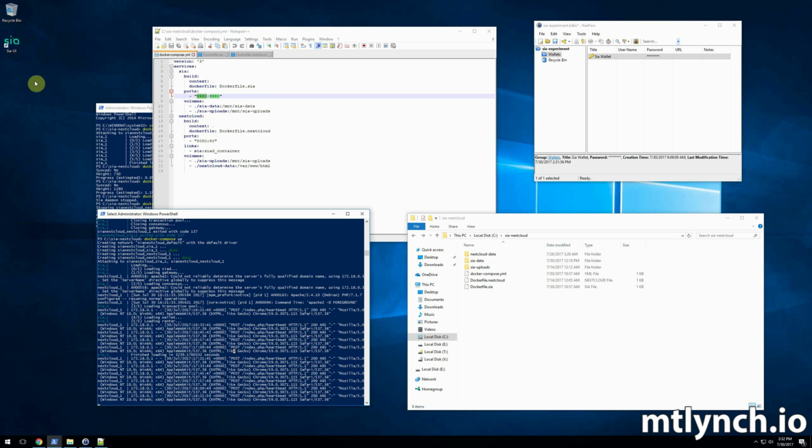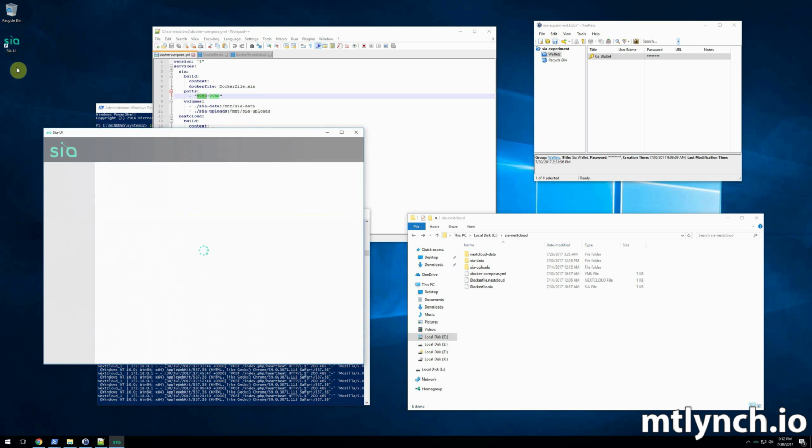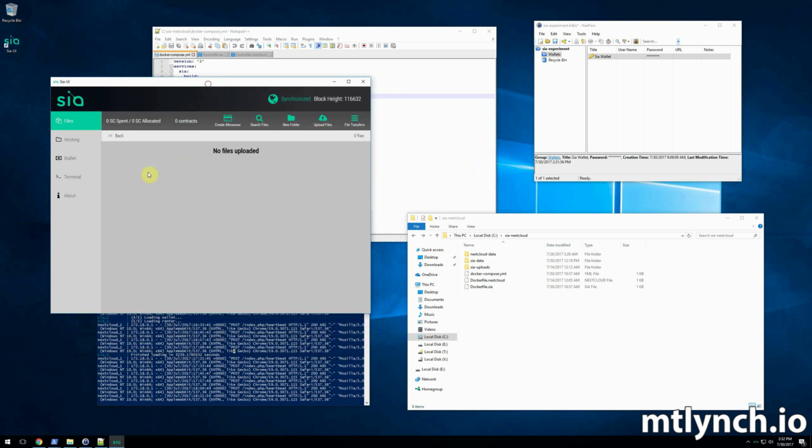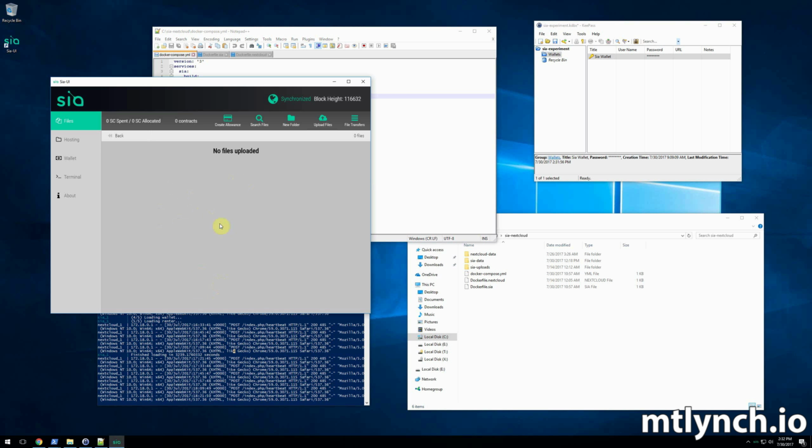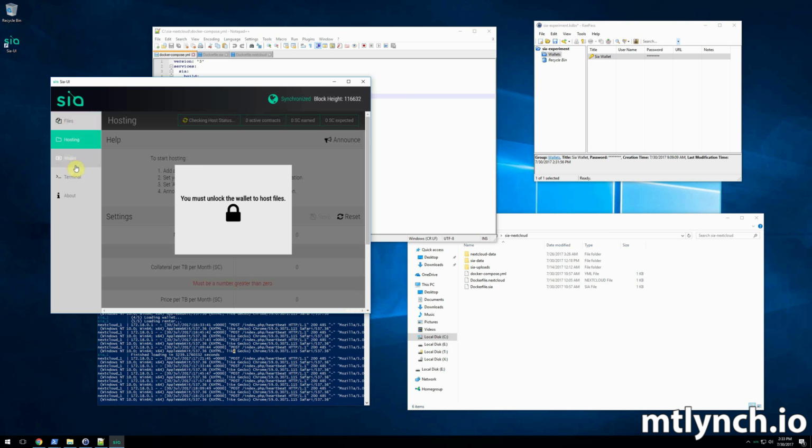Next thing we're going to try to do is load Saya UI. And so you can see that it's connected. We are synchronized because we downloaded a snapshot of the blockchain, so it synchronized really quickly. The interesting thing here is that normally when you start Saya UI, it loads its own instance of the Saya server. But in our case, we already have a Saya server running within the Docker container. And because we have it listening on port 9980, the Saya default API port, Saya UI is clever enough to just connect to that. And so you can see it's just like a blank Saya UI